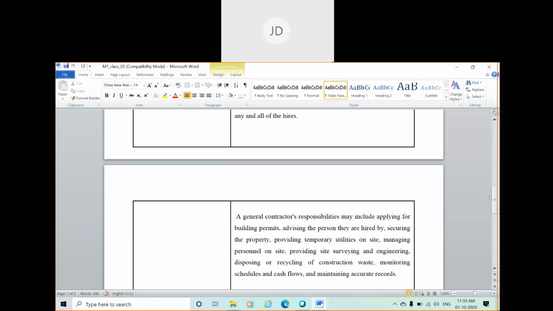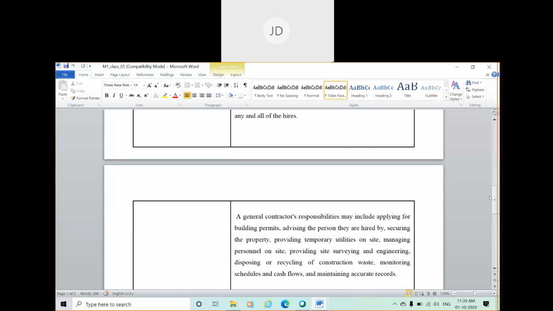So you have to go for a regular check of the cash flow. Also, you have to maintain all the documents, that means maintaining accurate records. Every day or weekly, you have to update your data on a computer, soft copy, or hard copy. You have to maintain all the details so that at the end you can cross-check, or monitor how the construction work is going on and how the cash is being invested in the work.